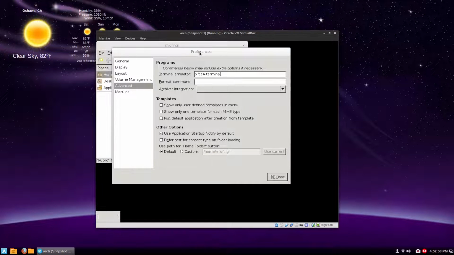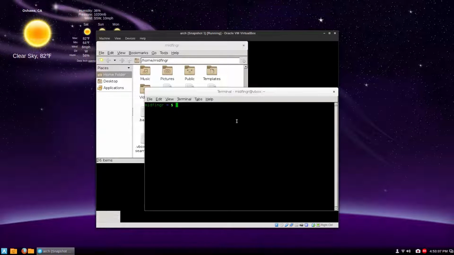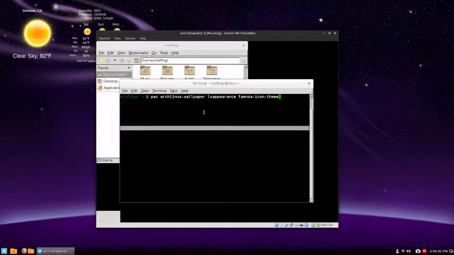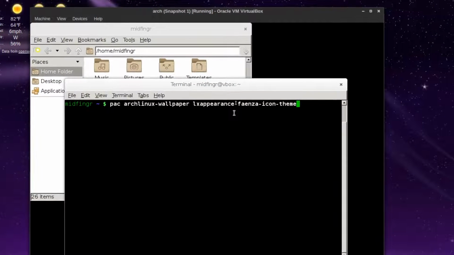And speaking of PCManFM, under preferences, which is edit preferences, advanced, your terminal emulator, whatever you want, just type that in, close, and you should be able to, inside PCManFM, press F4, and it opens the terminal for you. Okay, so for appearances, I'm going to get the Arch Linux wallpaper, LX appearance, and the Faenza